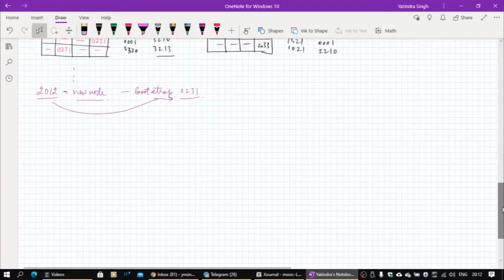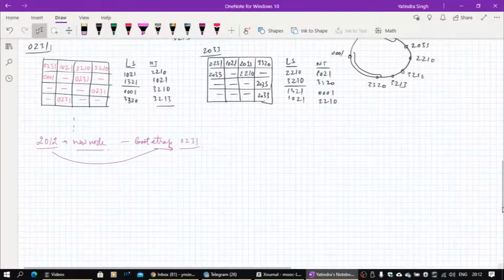So 2012 will first of all talk to 0231. As a consequence, because 2012 has first digit 2, and this one is 0, the first row can be directly used by 2012. So let me build up a routing table for 2012.